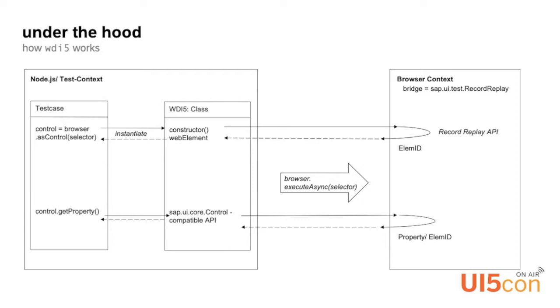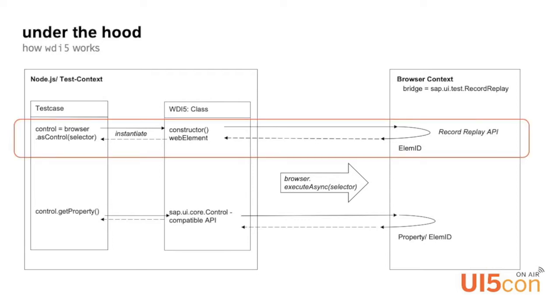Now we have a quick look under the hood, how it's working. On the left side, you can see the Node.js test context, where you write your test cases. It's connected via the browser.executeAsync API from WebDriver. On the right side, this is the JavaScript context of the application under test. And if you write your test case, you just call the browser.asControl function provided by wdi5. This is going to instantiate